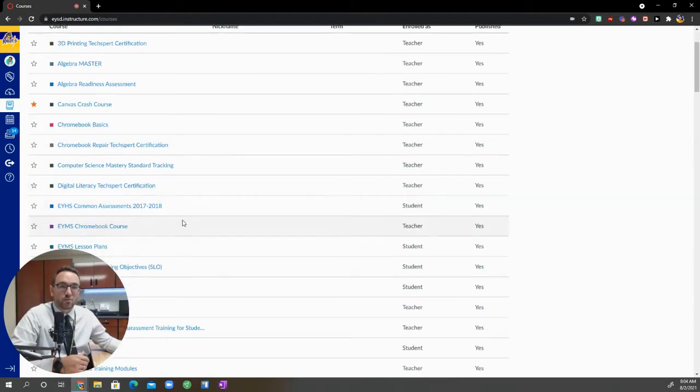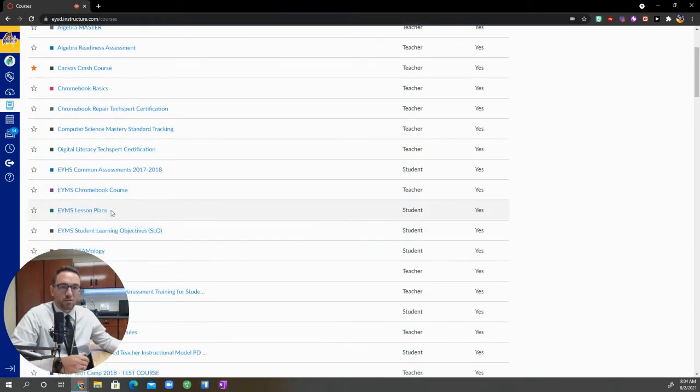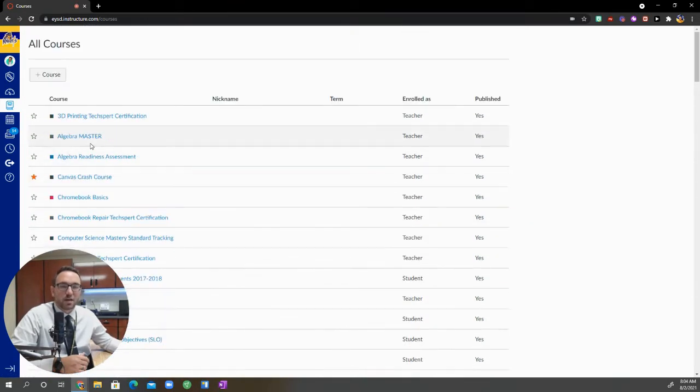So if I go down through here, there's a Chromebook course. There are lesson plans here that I have that I could submit in those courses. But if I go into, let's just say I want Chromebook Basics, and I press this little star, it's going to click and add to the courses menu. And if I go back to dashboard,